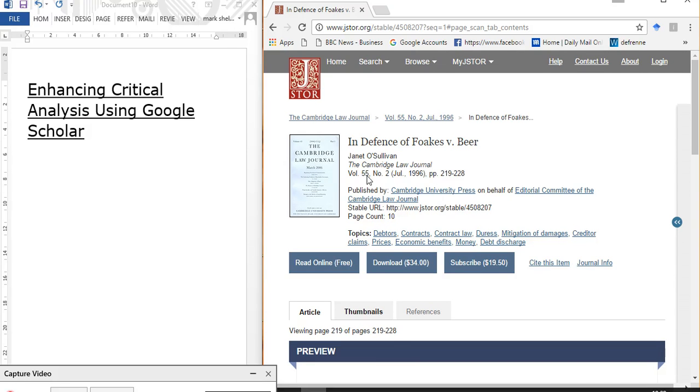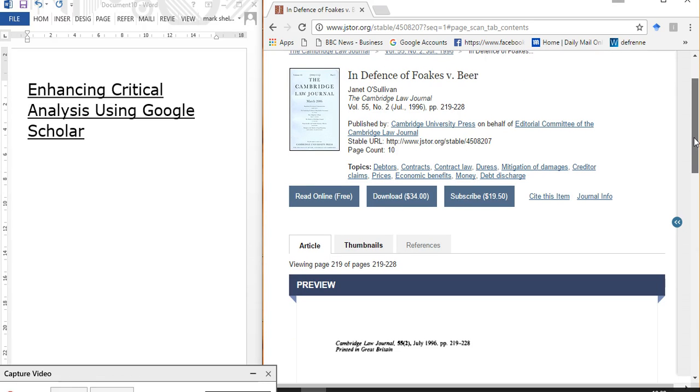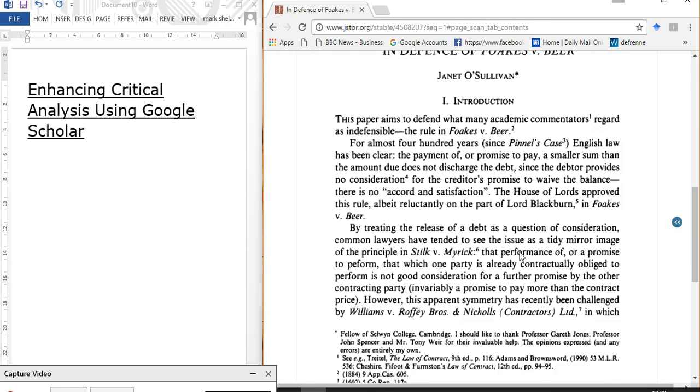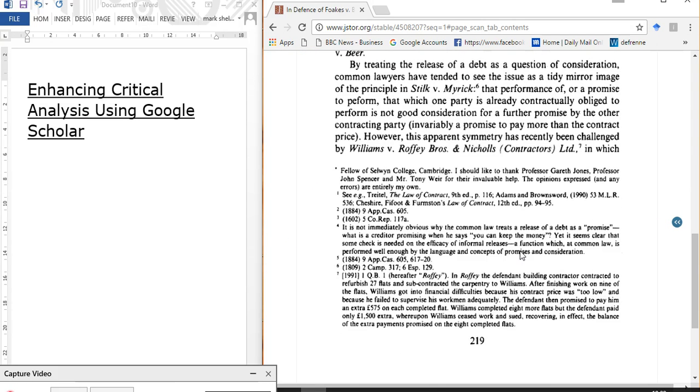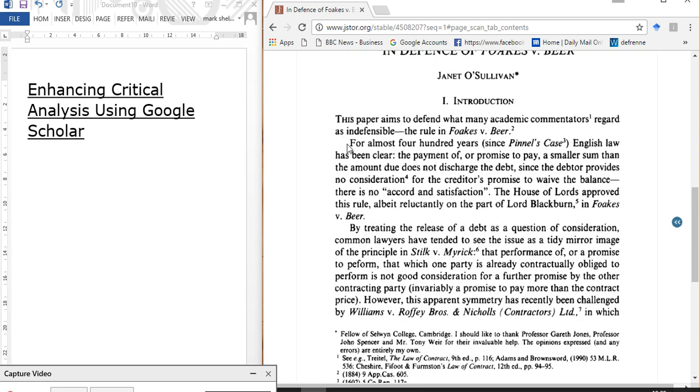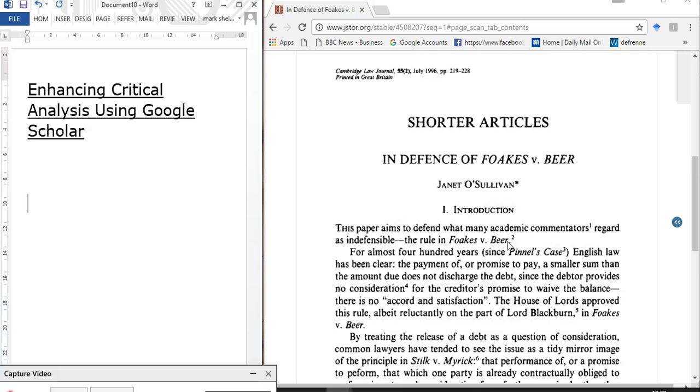Here is an article by Janet O'Sullivan, and what it does is engage in a defence of Foakes v Beer, the seminal case on part payment of debt. Janet O'Sullivan goes through in this article about 8 or 9 different points of how she agrees with the rule in Foakes v Beer. So you would read that article and think to yourself, well, do I agree with what she's saying or not? If you can't make a decision, what you could do is investigate, well, what have other